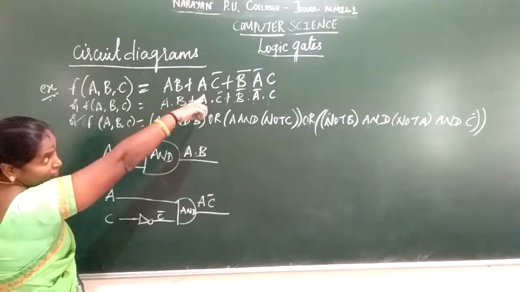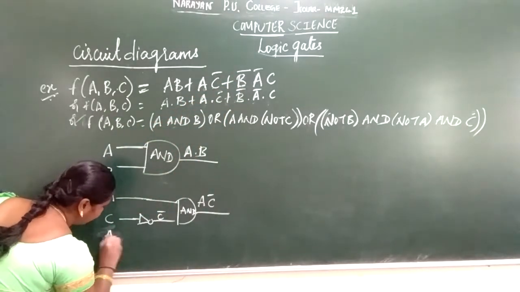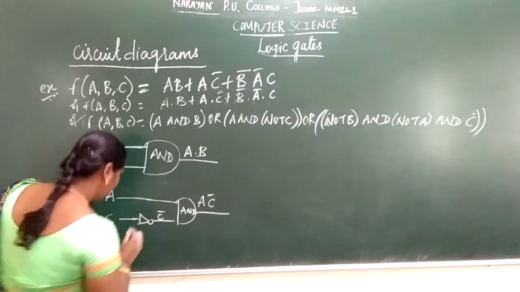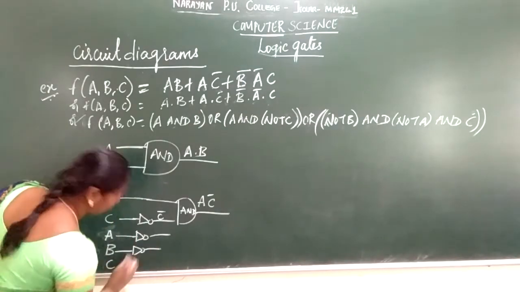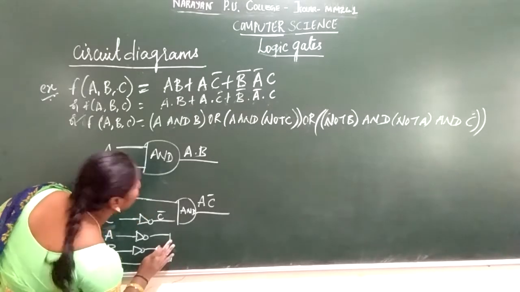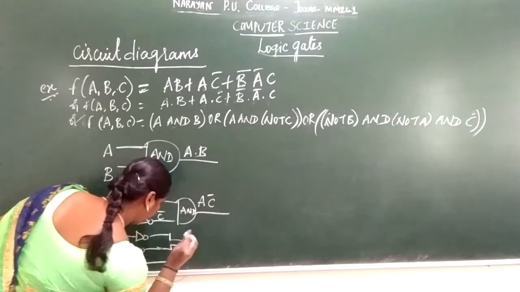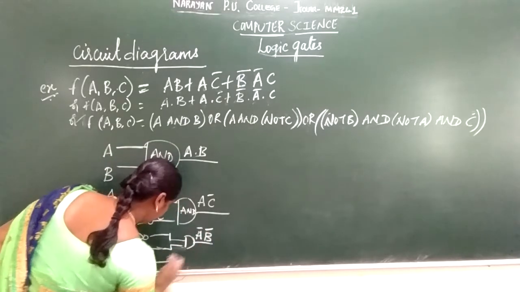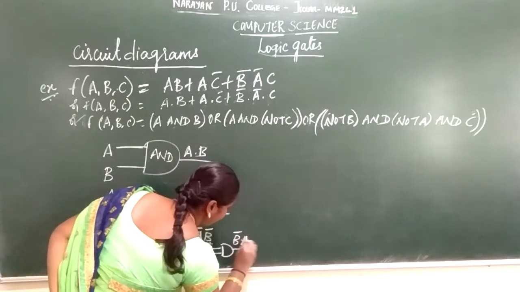The next possible combination of the expression is B bar, A bar, C, where you have three inputs A, B, C. For A bar and B bar, use NOT gates. Next you have B bar. For C you have it as it is. You perform the AND of A bar, B bar, and C, giving B bar, A bar, C.